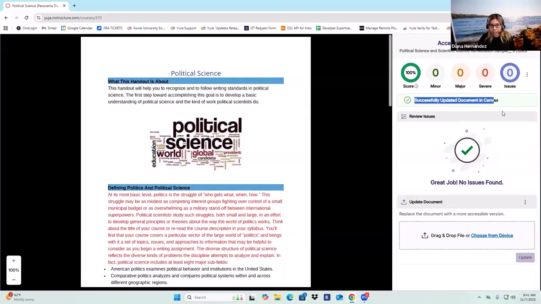We also updated the document inside of your Canvas course, so that when you do a course copy in the next semester, you have the most up-to-date copy and you don't have to remediate it again. It's all good to go. One of the things I recommend is take advantage of those remediation engines, because as you can see here, it only took me a few minutes to remediate those issues instead of manually remediating them.